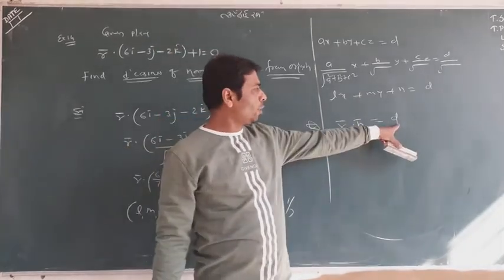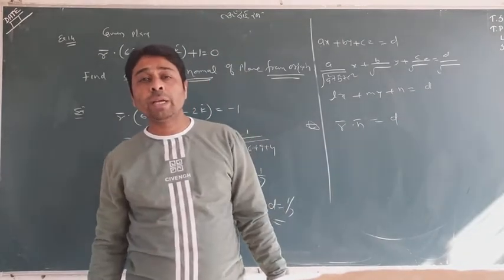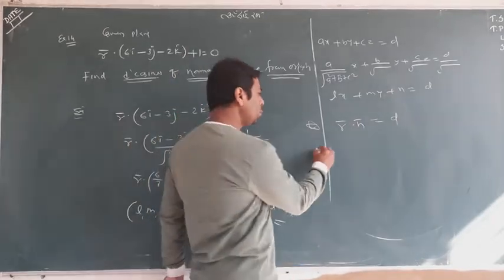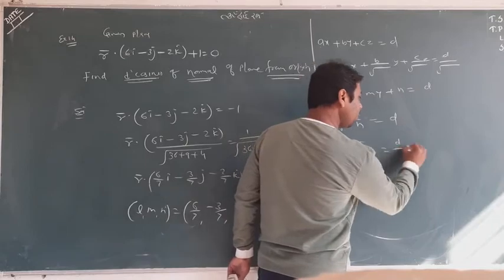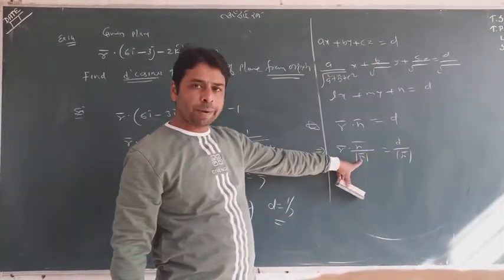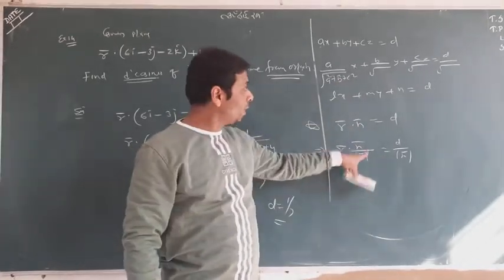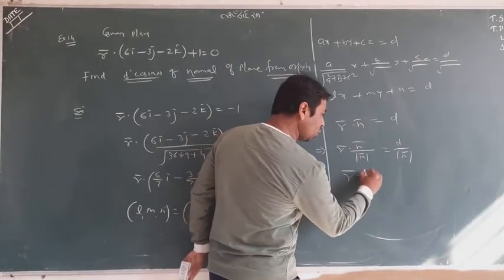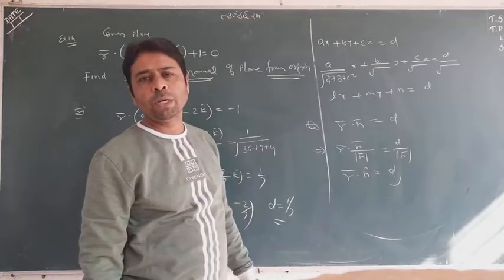Now r dot n equal to d is the vector equation in its general form. Here d is an ordinary number and n is a ratio-containing vector. Now you want to find the direction cosines as well as the perpendicular distance of the plane from the origin point. What will you do? You will convert it by dividing by mod n. This is the same thing as dividing by the square root of a square plus b square plus c square; both have the same meaning, but this is a lighter method. After this, it is going to be n cap, and this is going to be d, the perpendicular distance of the plane from the origin point.